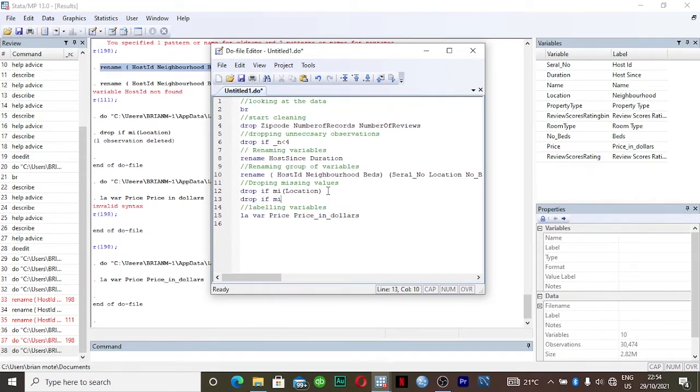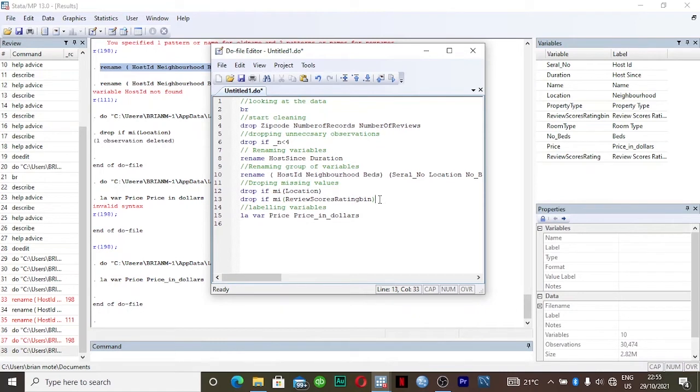You can just drop if missing, and it is called review scores rating bin.